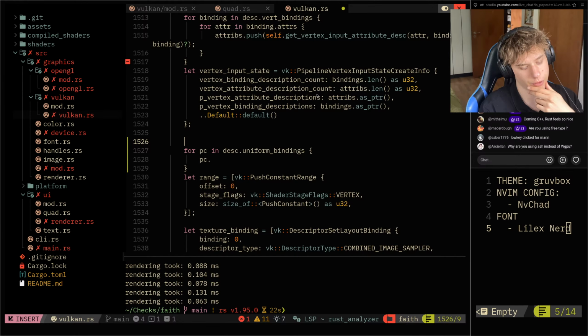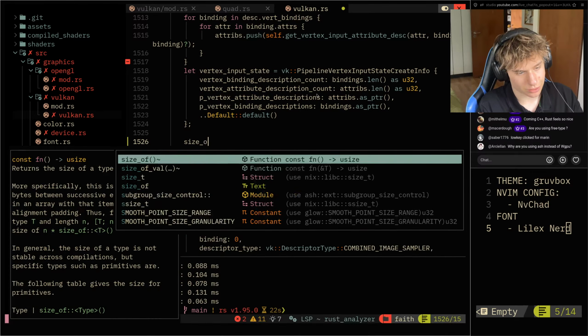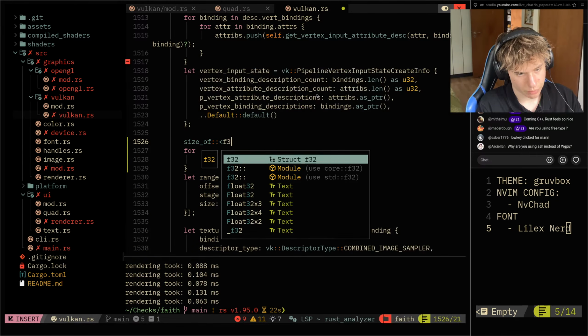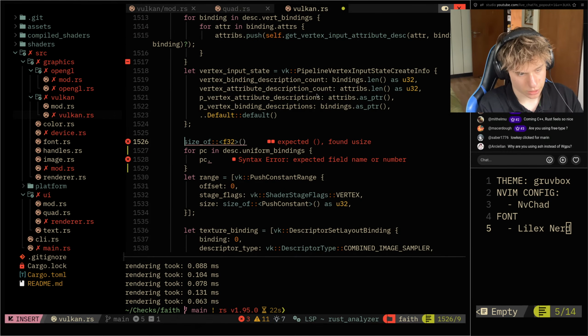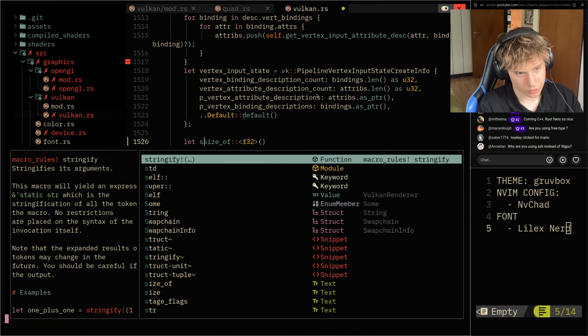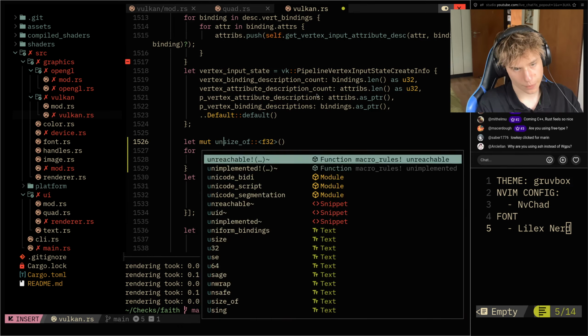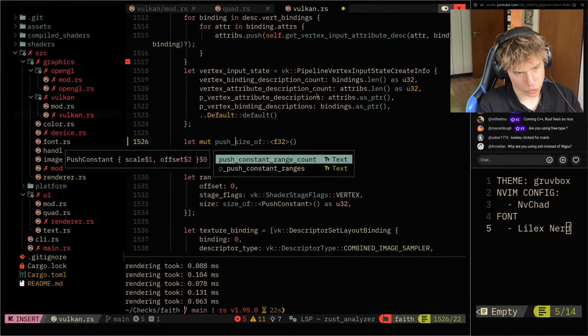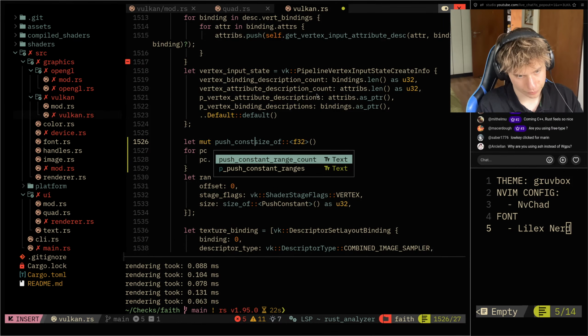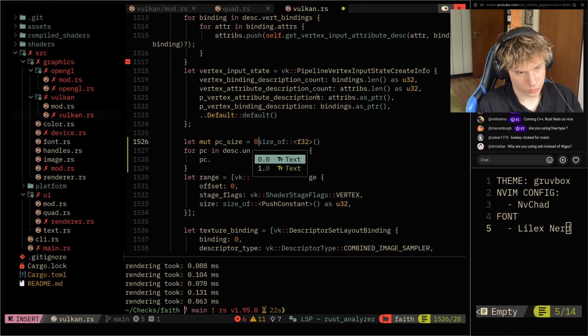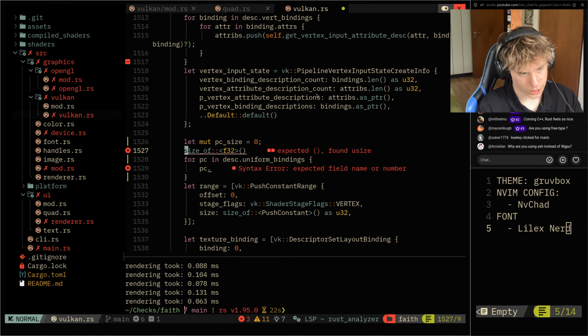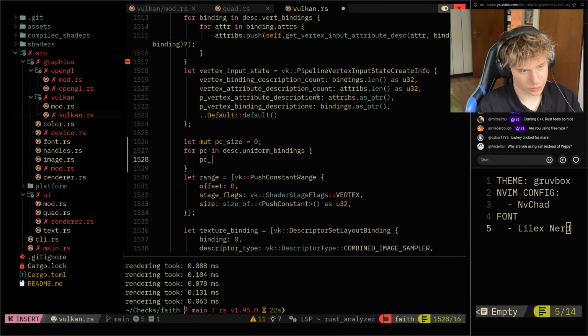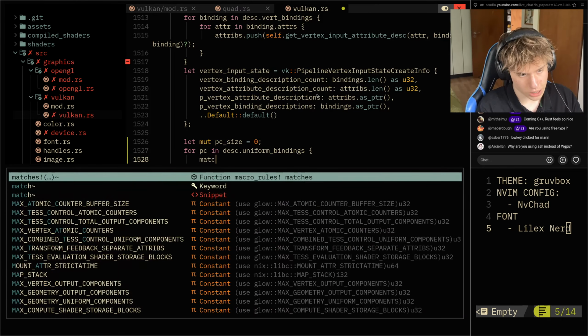For example, a vec2 is just two floats. Can I say size of f32 and then let mut push constant size, so let's say PC size is 0, and then PC size, then we match